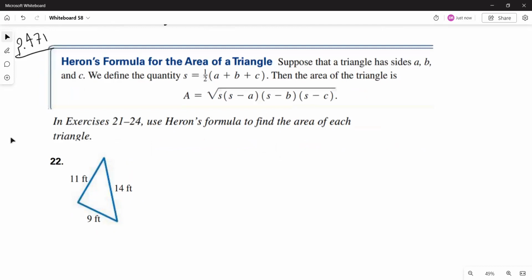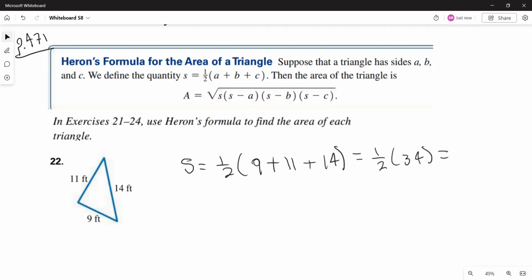Okay, so let's call the sides. If you want, you don't need to give names to the sides. We can see that S is 1/2 times the length of the side. So that's 9 plus 11 plus 14. 9 plus 11 plus 14 is 34. So S is 17. And the area of the triangle is going to be